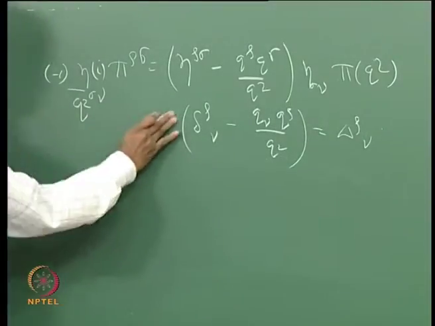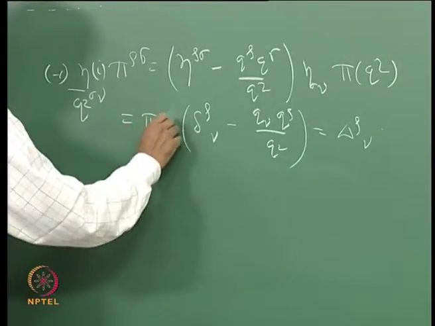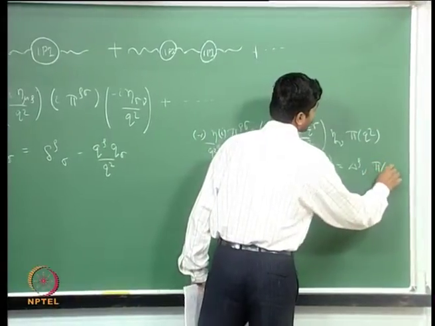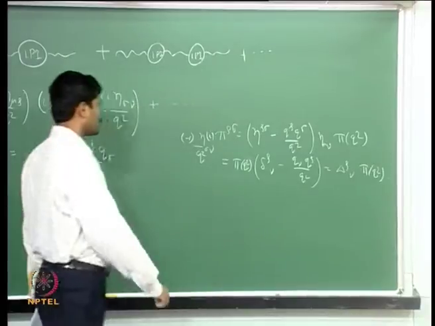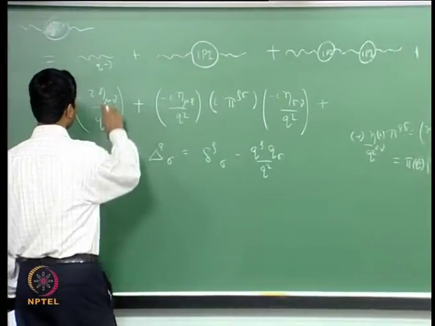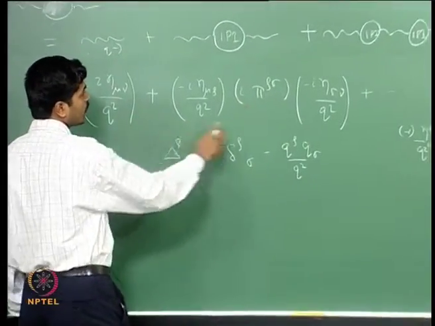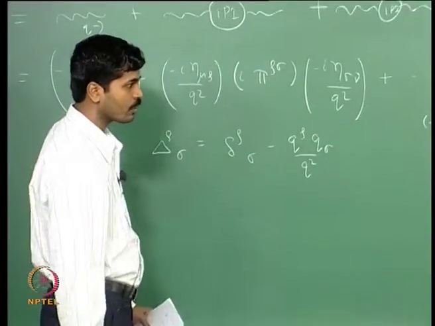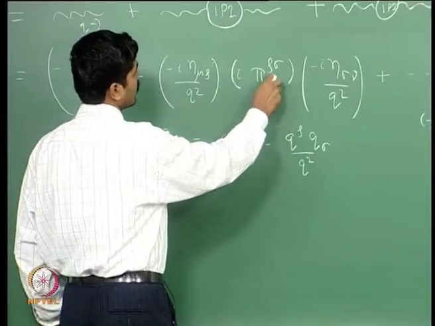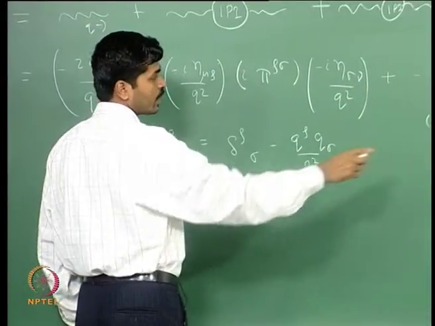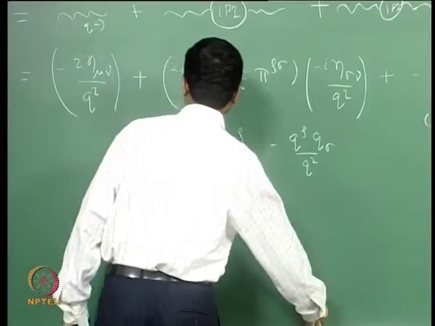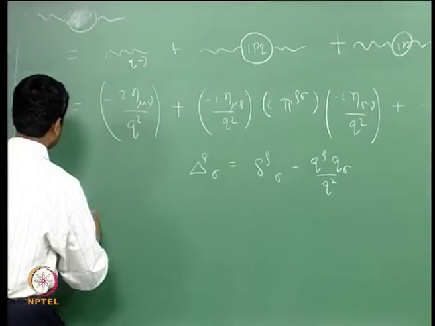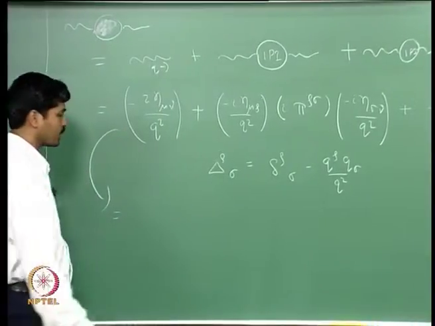So you will have a factor of π of q² here. This is just to say that if I leave the first term here, then the product of the second and third terms is nothing but δ_ρν times π of q². So, if this is my Δ_ρσ, then what I get here is